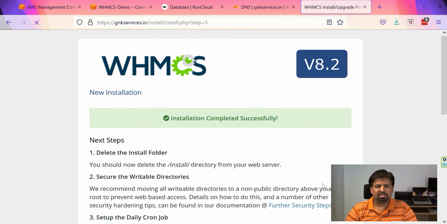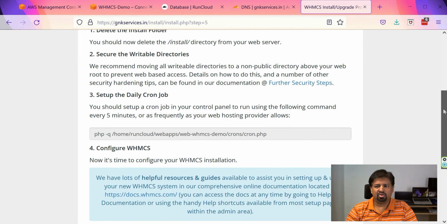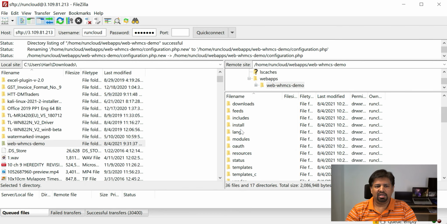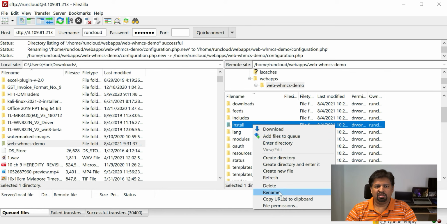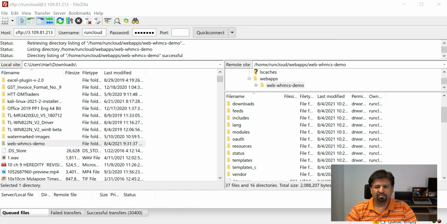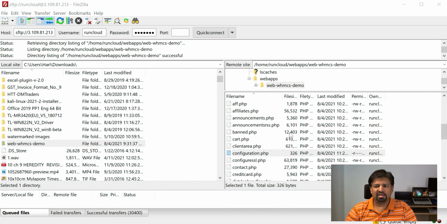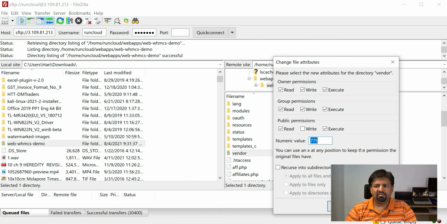Now the installation is complete, but before we get it started, we need to ensure that the install folder is deleted. To do this, go back to FileZilla and only delete the /install folder. I repeat, only delete the /install folder. Then change the configuration file permission to 444 and then /vendor permission to 770.